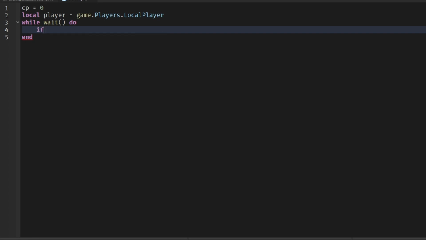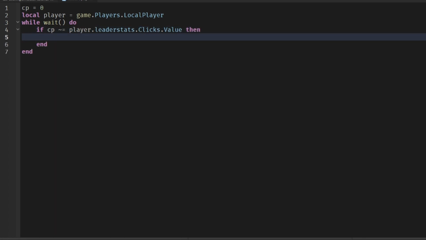Okay, so if cp equals nil, and equals player.leaderstats, make sure to spell everything right, Clicks.Value, then okay,